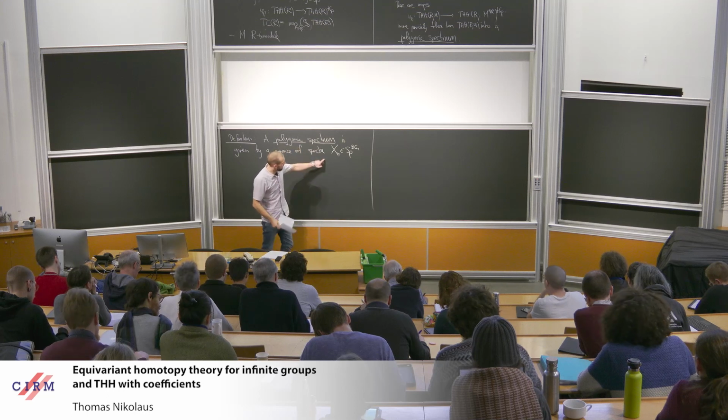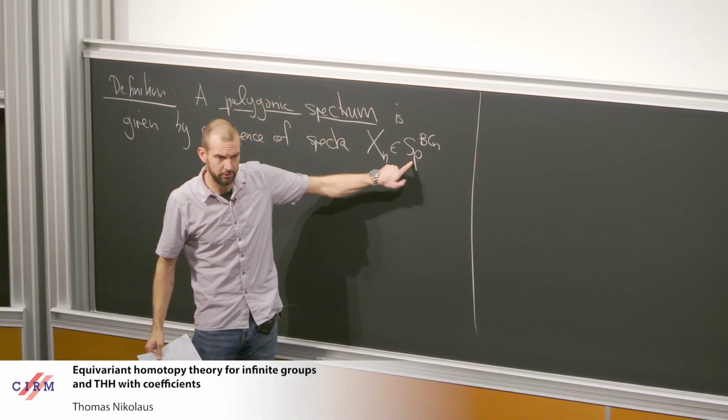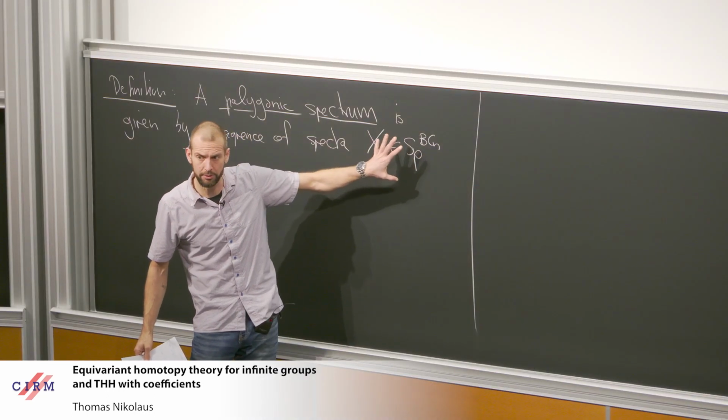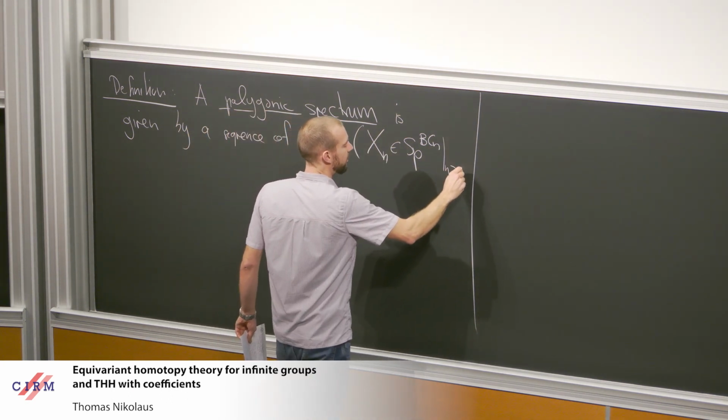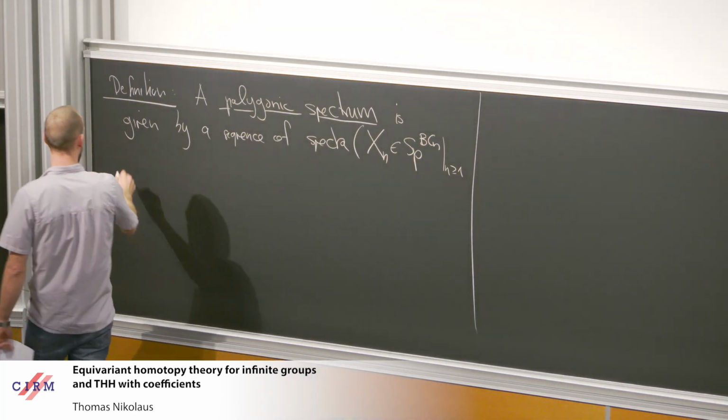So that's just my notation for functors from BC_n to spectra. Spectrum with a C_n action in the most naive sense. For every n larger or equal 1, together with maps